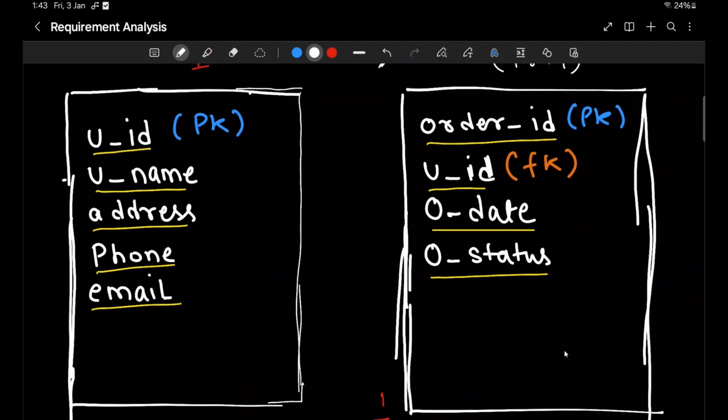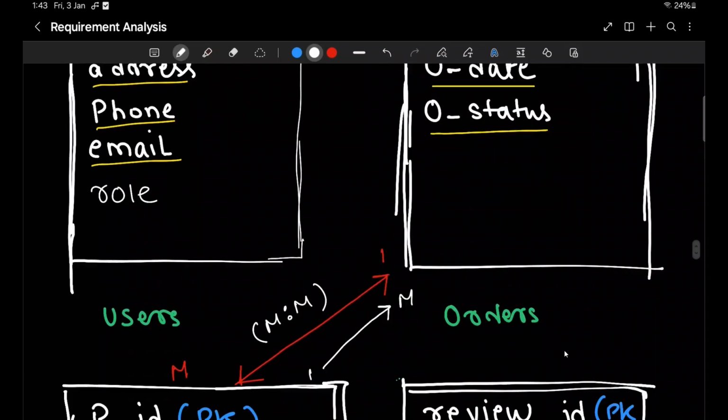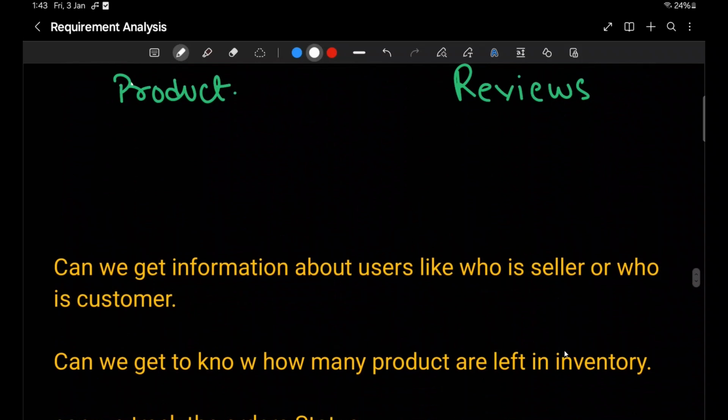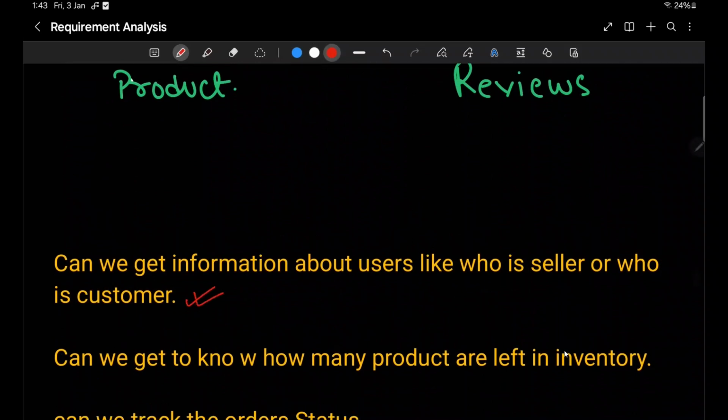So what we need to do is add one more column named roles, where the value would be either customer or seller or admin. Okay, great. So we have correctly answered this question.